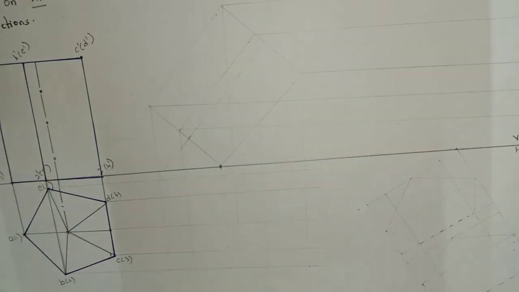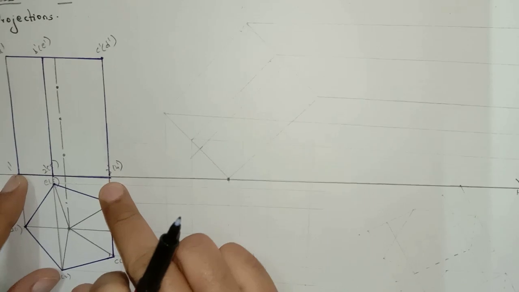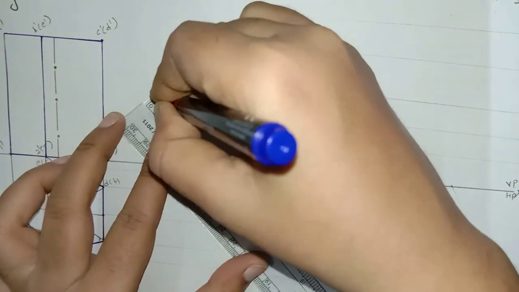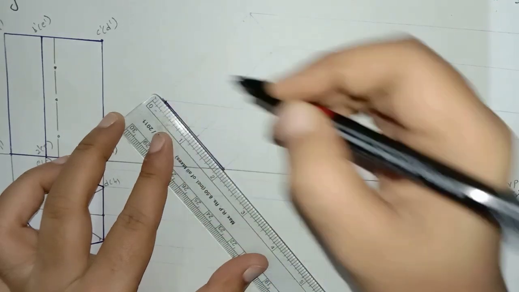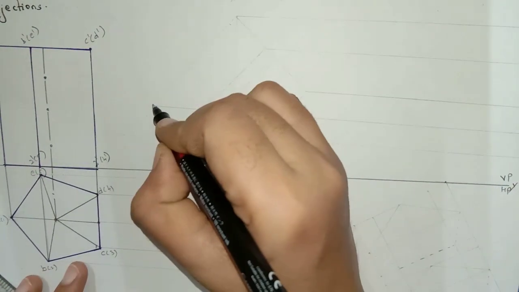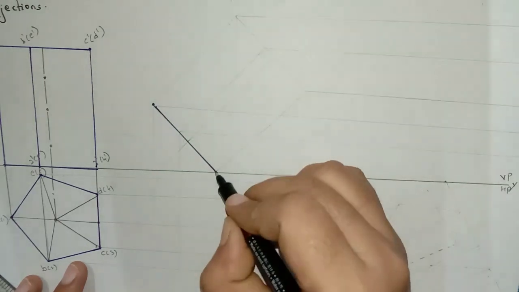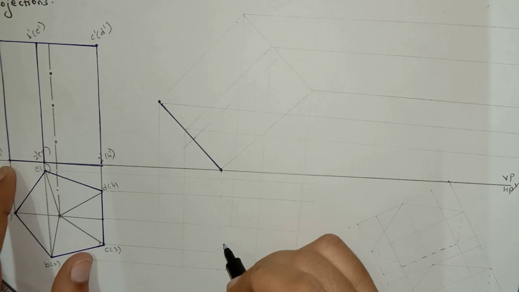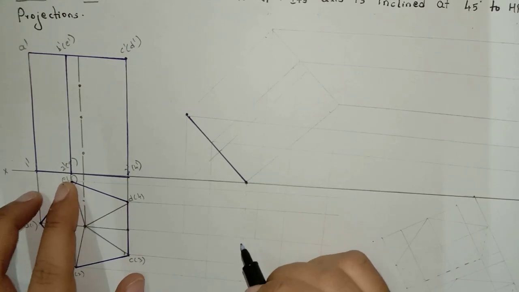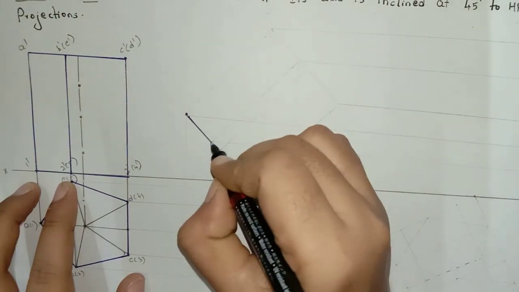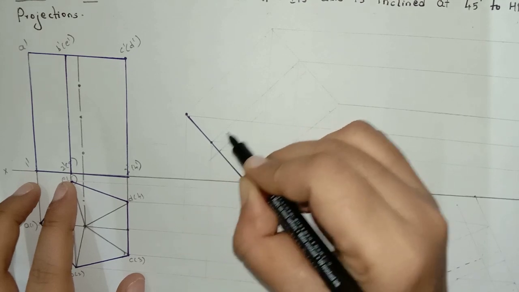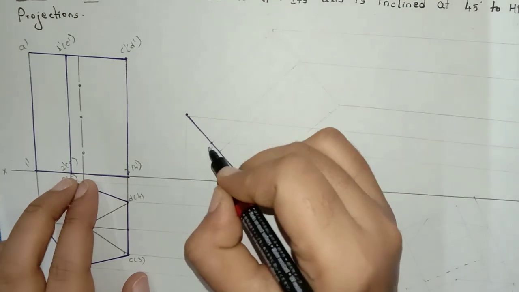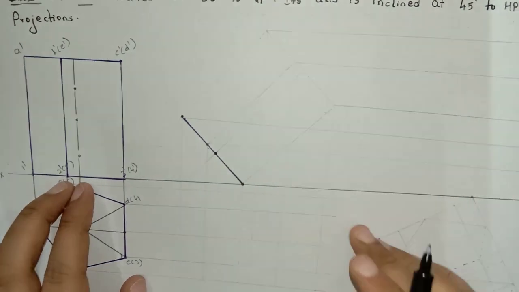Now I will measure this length from 1 dash to 4 dash with the help of scale and I will draw here. Right? After that I will place my protractor here 90 degrees. Right? After that from 1 dash to 2 dash, take this length either with the help of scale or compass, mark the point. I will place my protractor here, I will mark 90 degrees. Then next from 2 dash to this axis line, take this distance, mark the point.